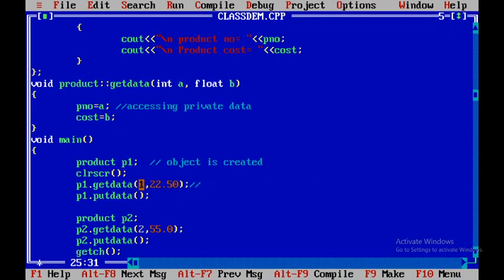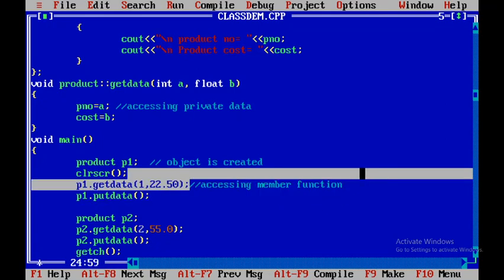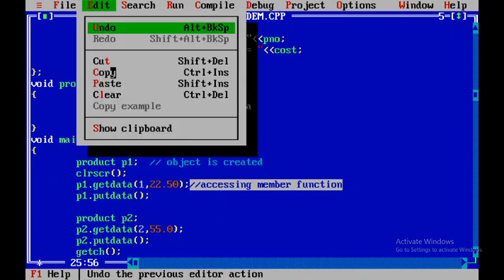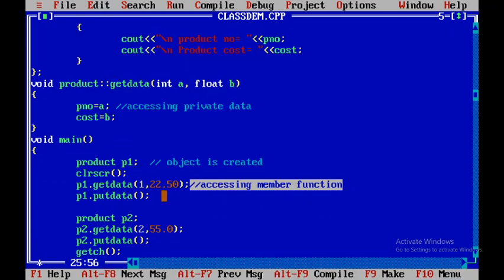So here, accessing member function. Definitely it should be public. Accessing member function. Again I copy this and paste it over here.